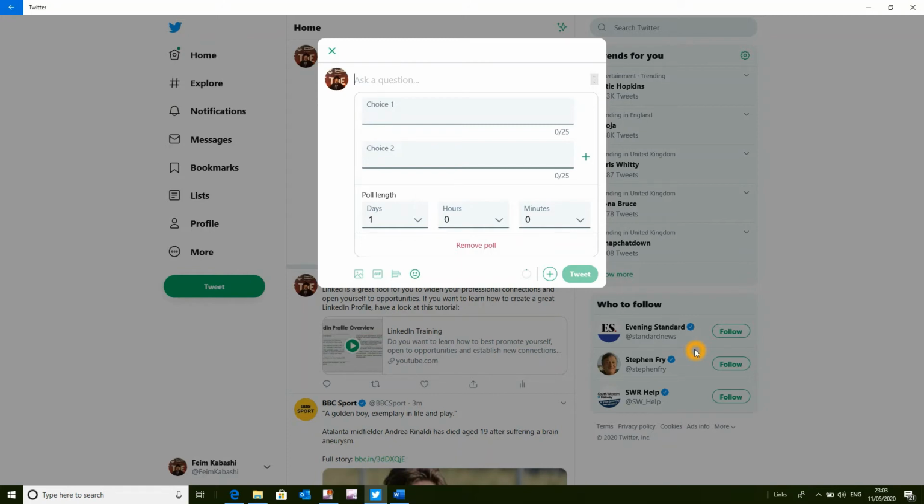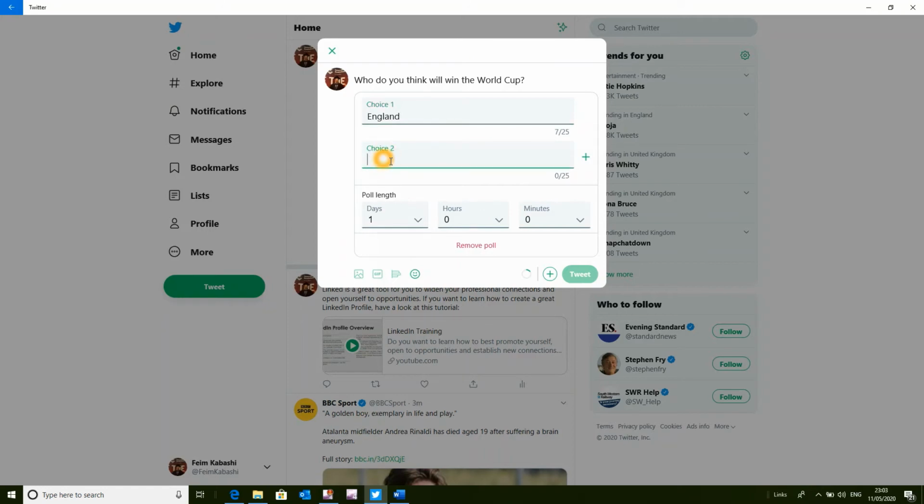For example, who do you think will win the World Cup? And then you can choose here. You have choices, for example, up to 25 characters. For example, England,